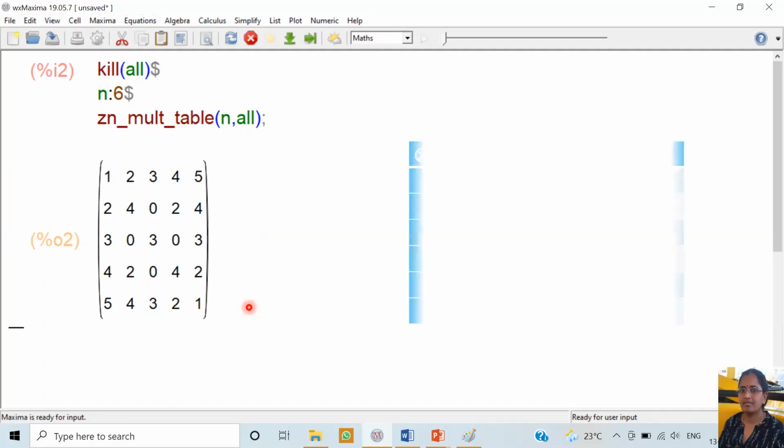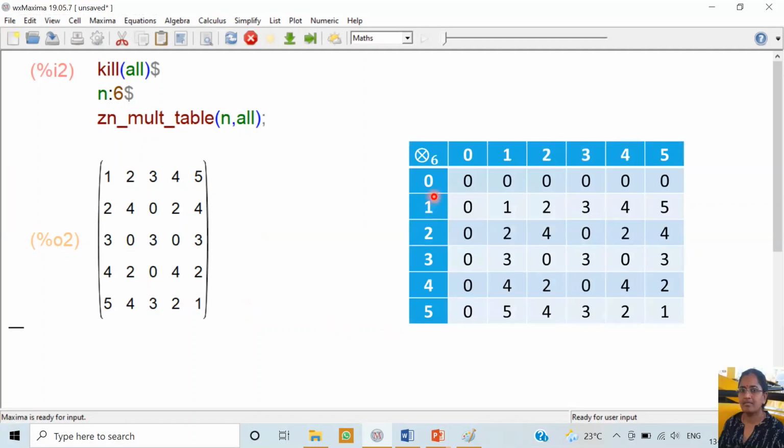Here also, when we constructed it manually, we had written the first row and first column, whereas in this table we don't have this row and this column, as well as the 0 row and 0 column, because the element 0 is not considered. Only non-zero elements are considered here, and only these entries are in the output of the Maxima code.